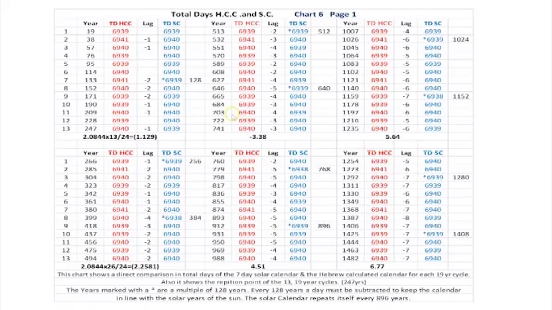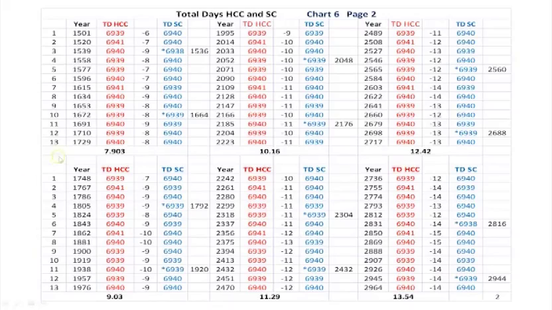In every one of these, I have gone through and entered these times and lags and numbers of days. Every year is entered here, as you can see. Every cycle is entered. So as we finish this page of this particular chart, we're at 1,482 years. Let's go to the next page. And as we go through here, we see that on the bottom of the next page, we are at year 2,964. And notice here that the calculated difference is